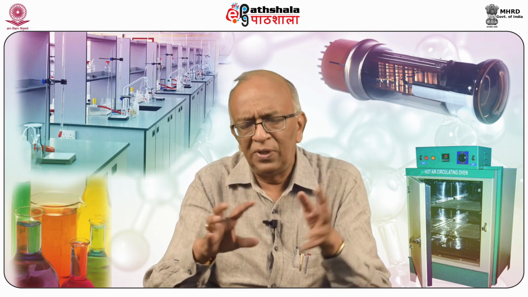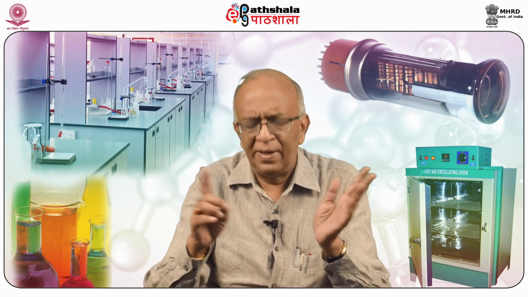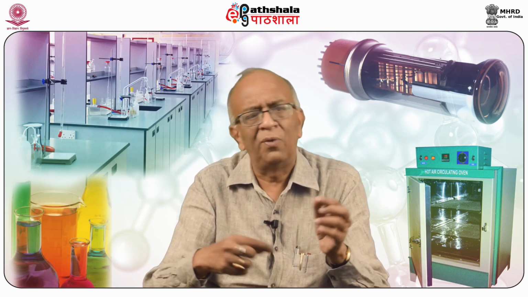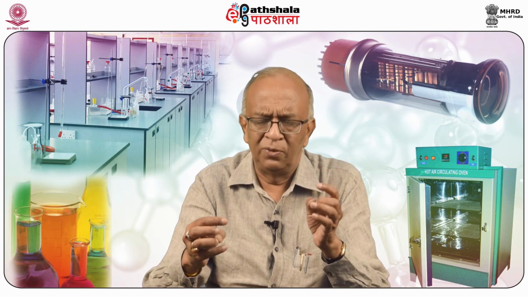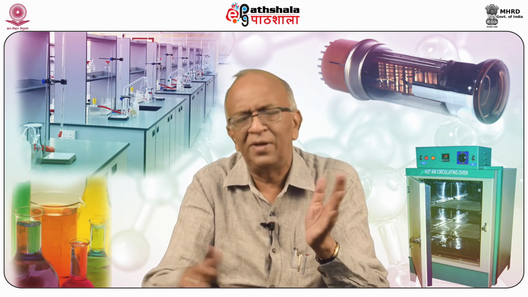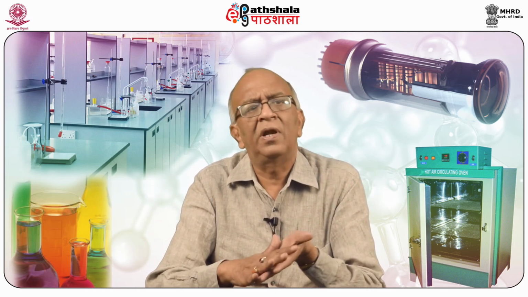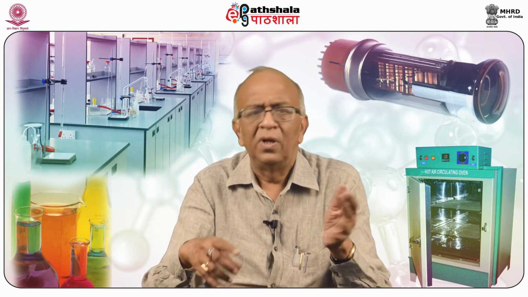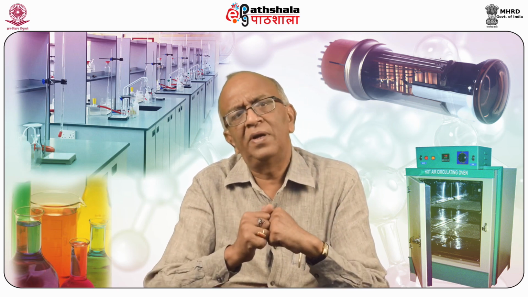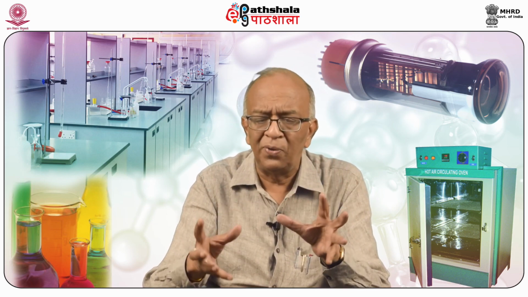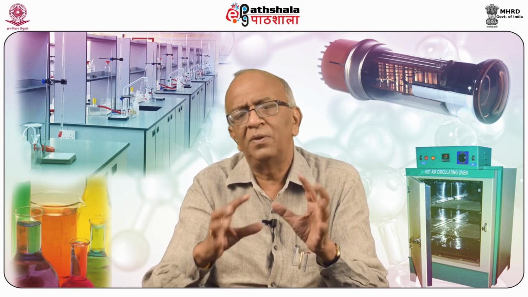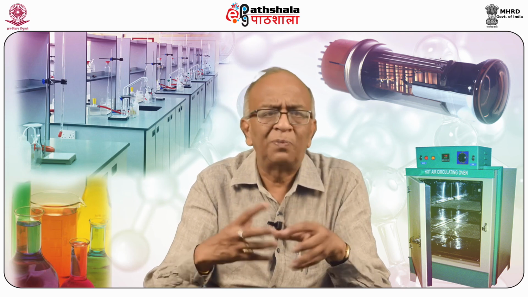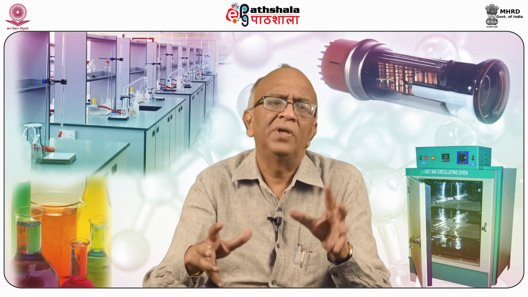So by using these components, you can make a table, and write the source. Source will vary from UV visible spectroscopy to IR, but the electronic part will remain the same. So by varying these sources, you can very well study different types of spectroscopy. All the components will remain the same, but there will be slight variations, and also the laws involved in these spectroscopies will be almost the same.